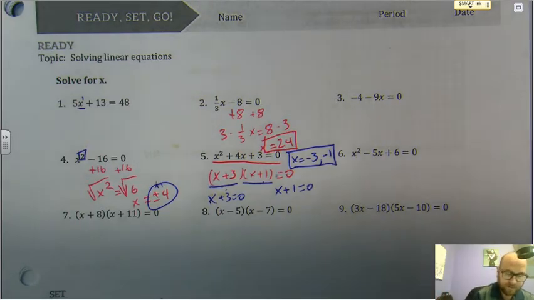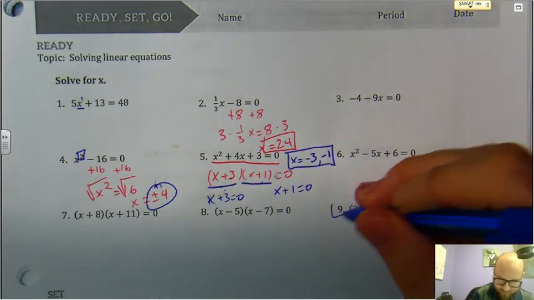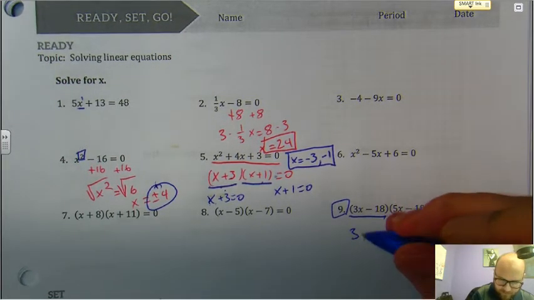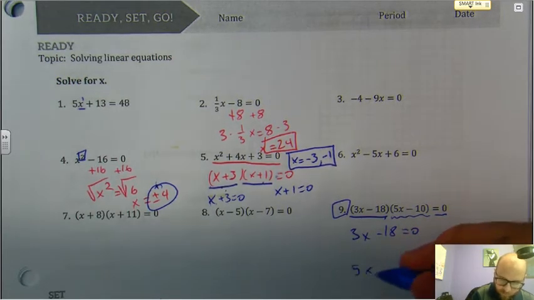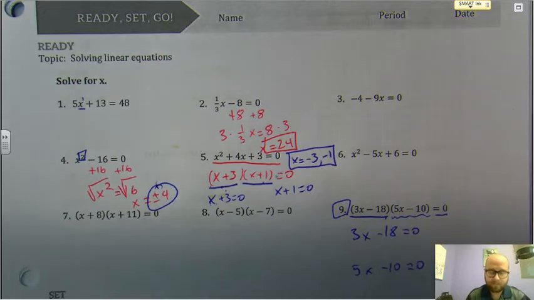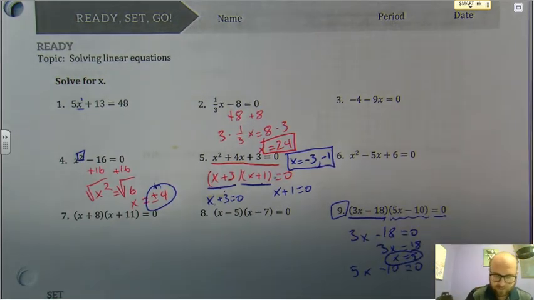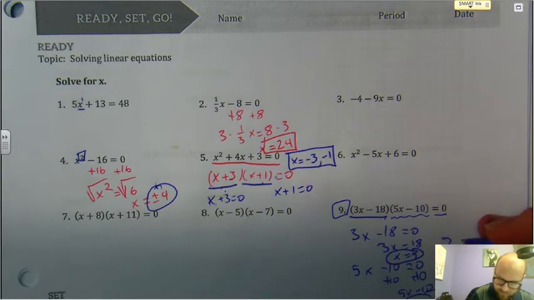But for the sake of this one, all we have to do is see that, let's go to number 9 here. If this equals 0, then the whole thing equals 0. So 3x minus 18 equals 0. Or if this equals 0, then the whole thing equals 0. So 3x equals 18, x equals 6. If x is 6, then everything will equal 0. And then if I add 10, 5x equals 10, x equals 2. So at 2 and 6,